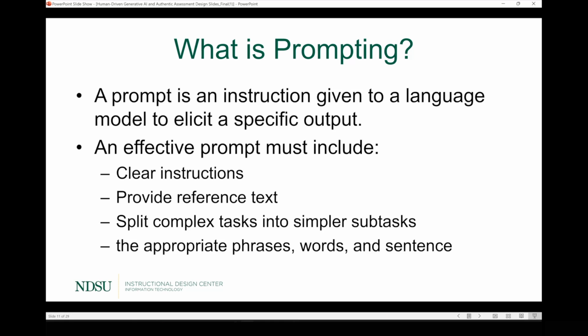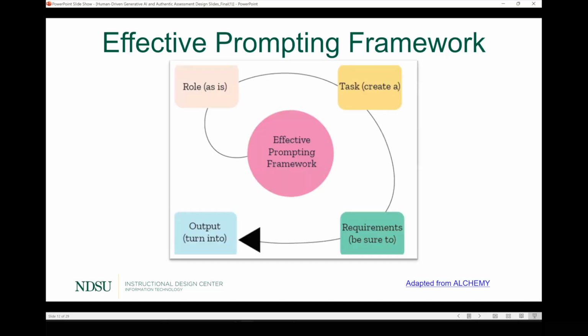So use appropriate phrases and words. If you're in the area of engineering, use engineering terminologies. It can pull in some of this information. So this is a very good framework. This is something we got from